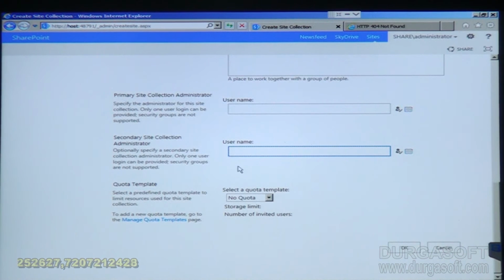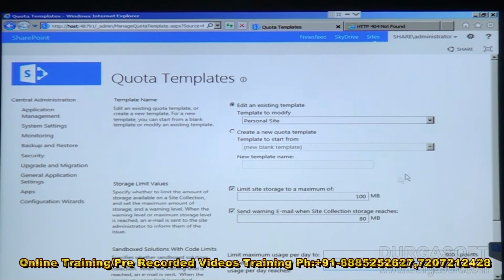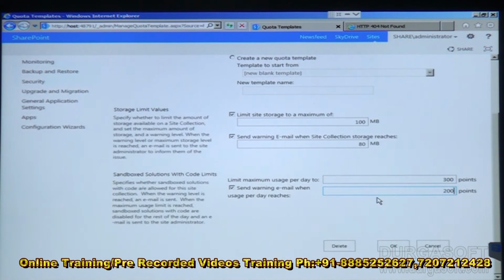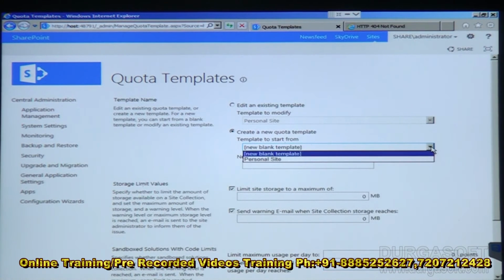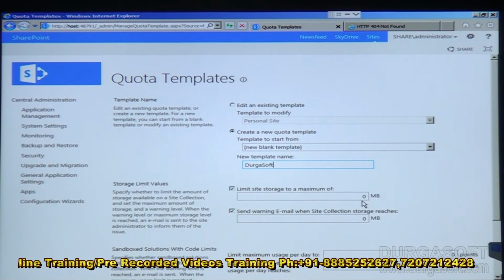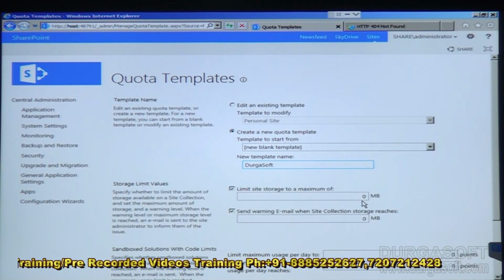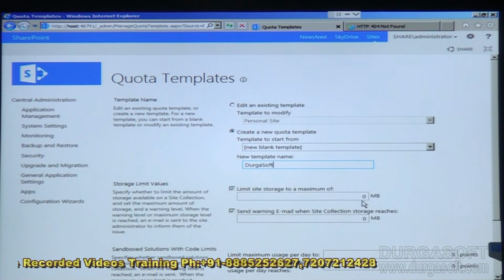Next thing, you have quota templates. So what are these quota templates? If you want to restrict your site, there is a page where you can limit the size. For example, I want to create a new quota, new blank template. I want to limit my site to 5 GB. Limit my size to 5 GB, then each GB is considered as